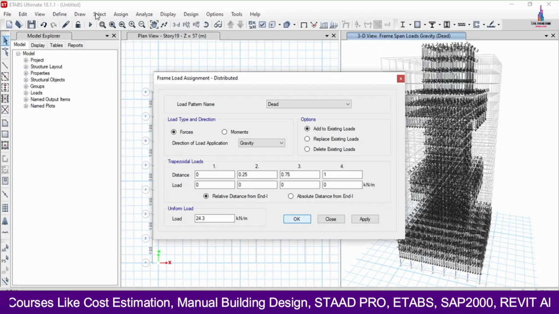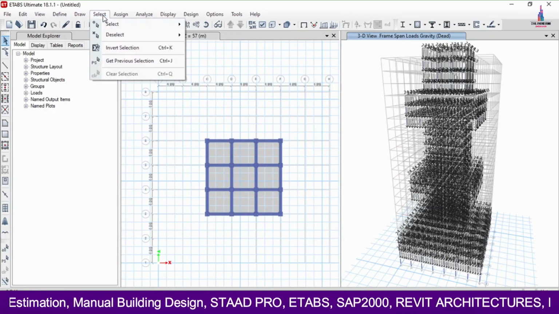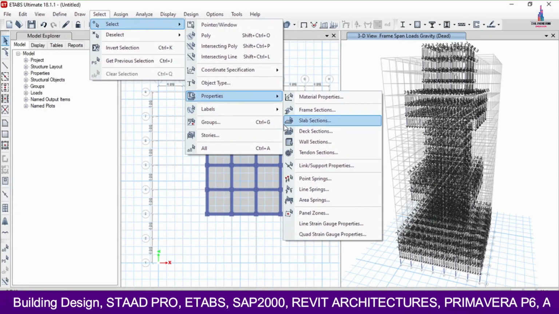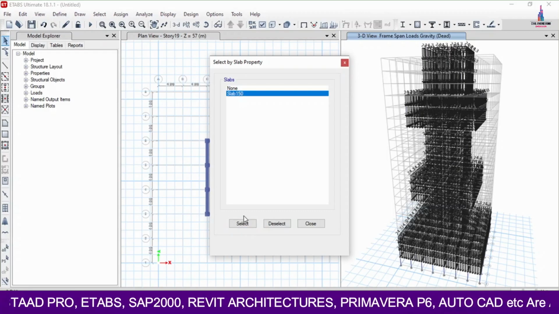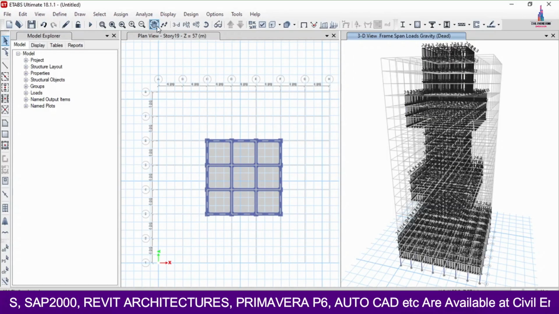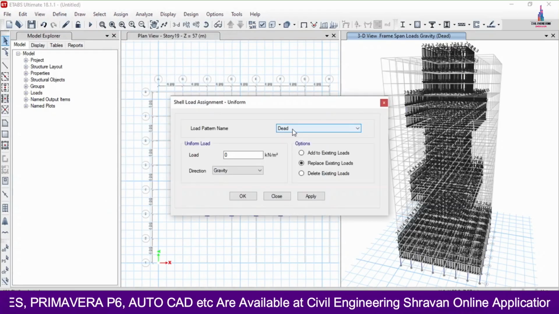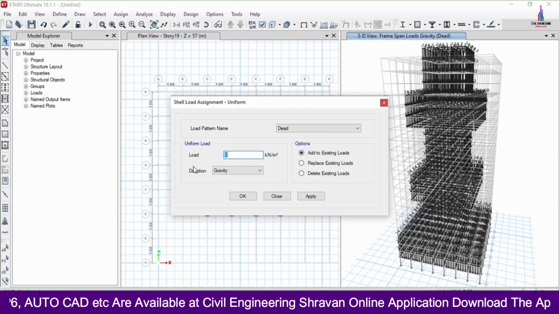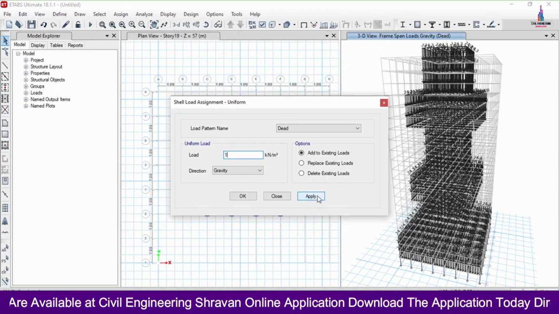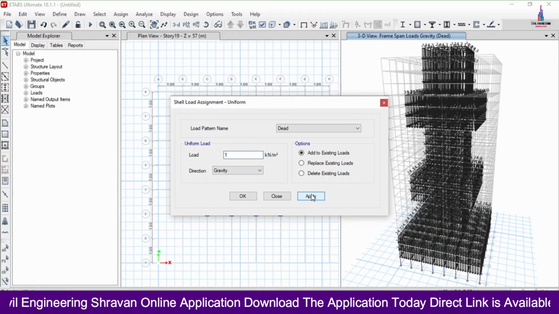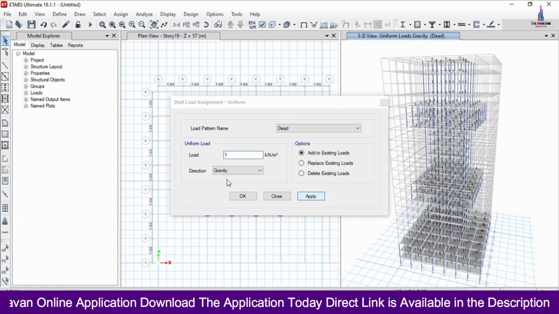So go to select the floor by using select option, select properties, slab section, select slab 150, close option, assign option, go to select as shell loads, uniform, add to existing loading condition system with the factor as 1 kilonewton per meter square, click on apply, so that it will apply the floor load condition system for the building structural